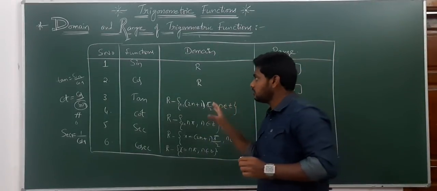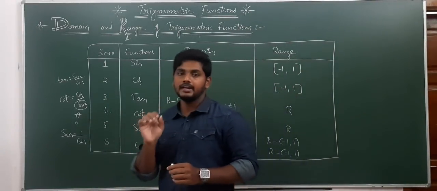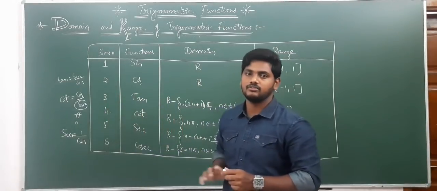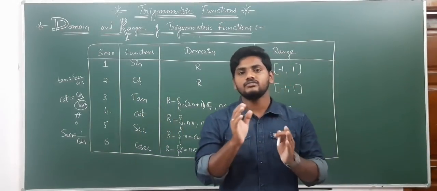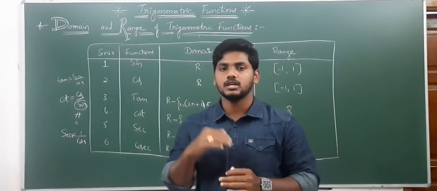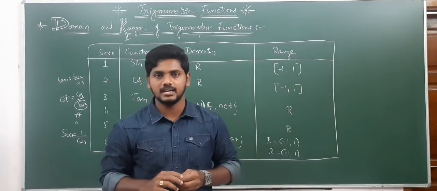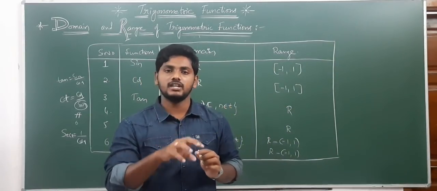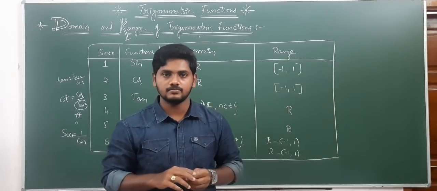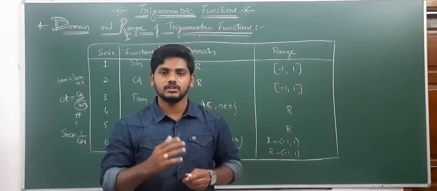So based on this trigonometric table, based on the graph, based on the conversion from cot to cosecant, secant to cosecant, which we have discussed earlier in this class, and based on conversion of degrees to radians, radians to degrees, I may ask questions for tomorrow's exam.